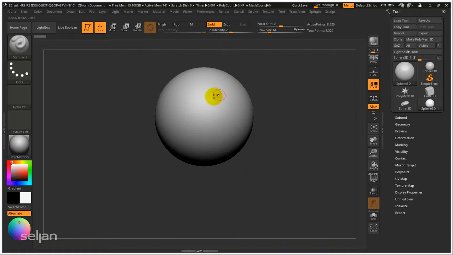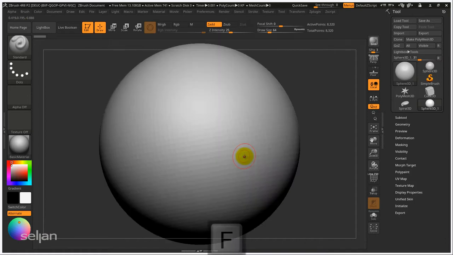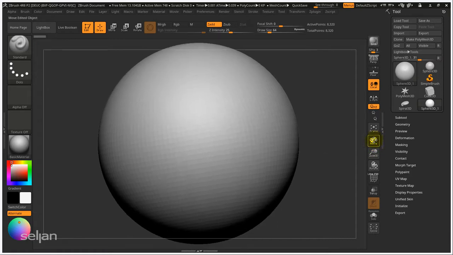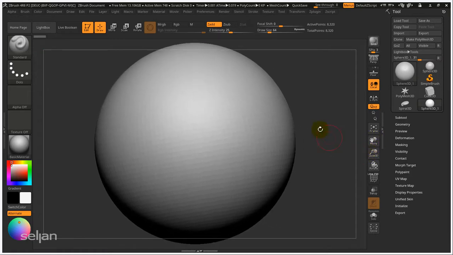Now, if I want to make it fit, I can press F. That will zoom in the model. The hotkey is F, and if you want to use the button, you can use the frame here. If you want to move around the model, you just have to go in here, hold down the pen, and move it around, or you can use the right mouse button or button of the pen and start